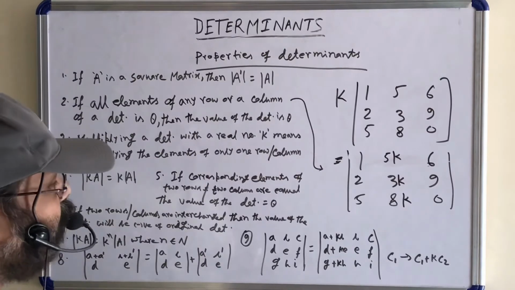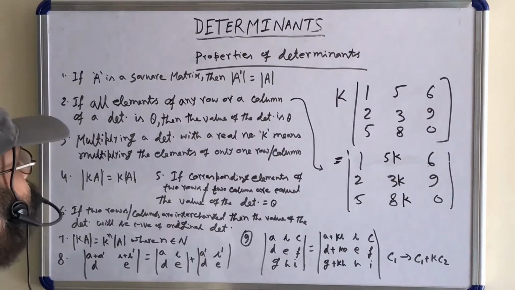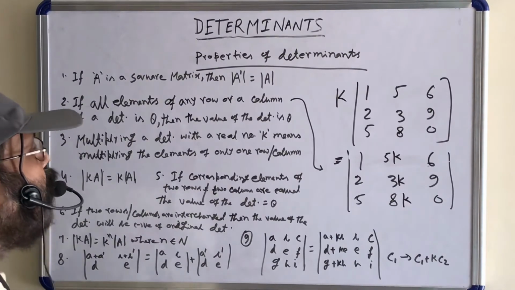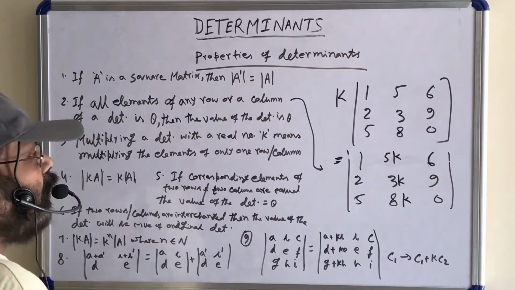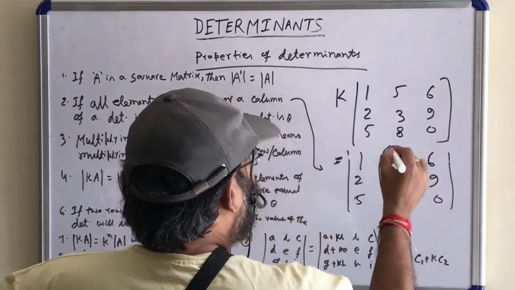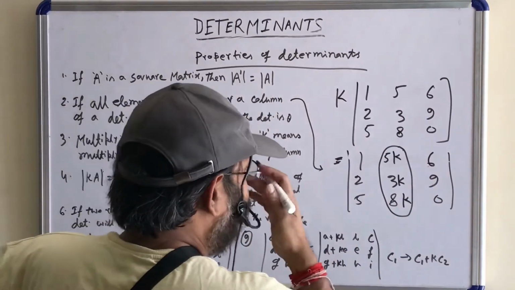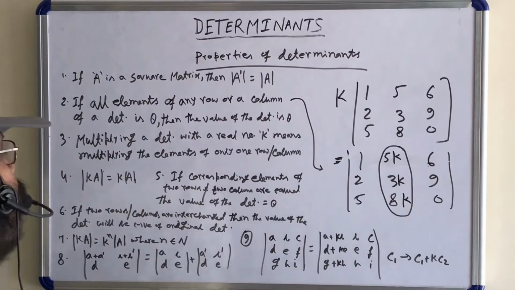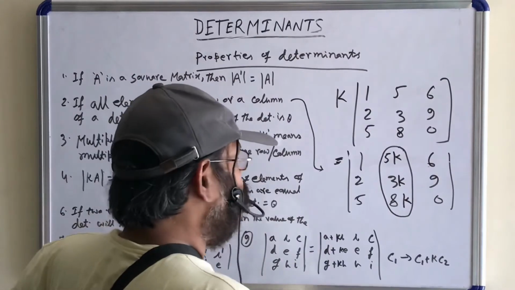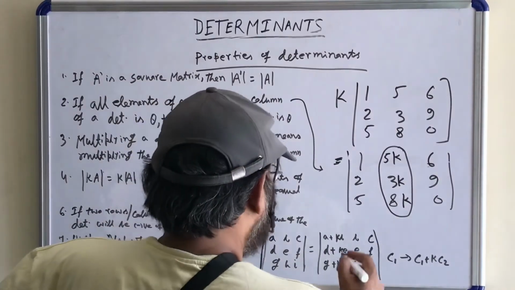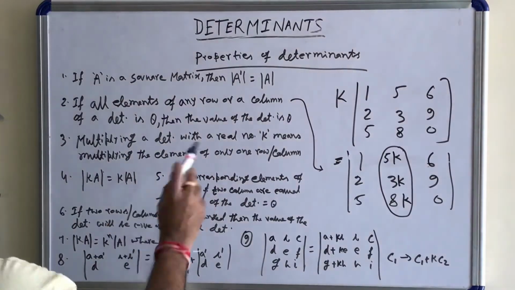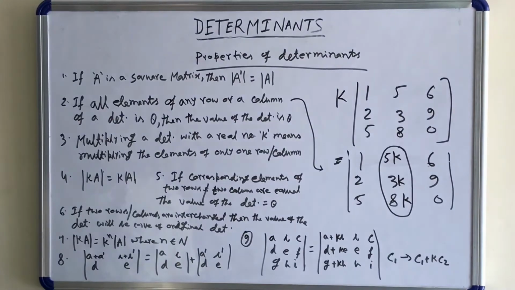Why? Since the determinant has a value, if we multiply each and every element by k, the value of the determinant will not be k times A only for one row. The value of the determinant is found by taking any row or any column, and then multiplying by the respective cofactors of those elements. So that is why property 3 holds good.